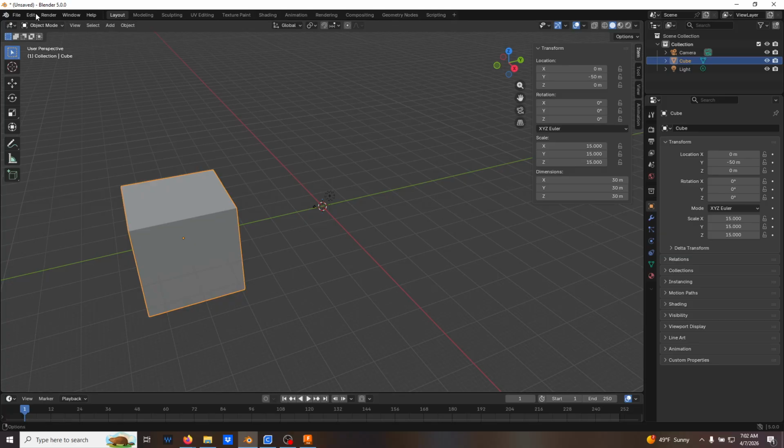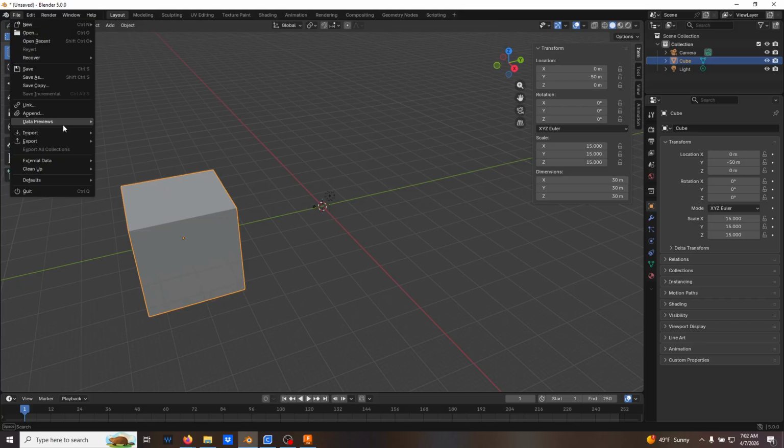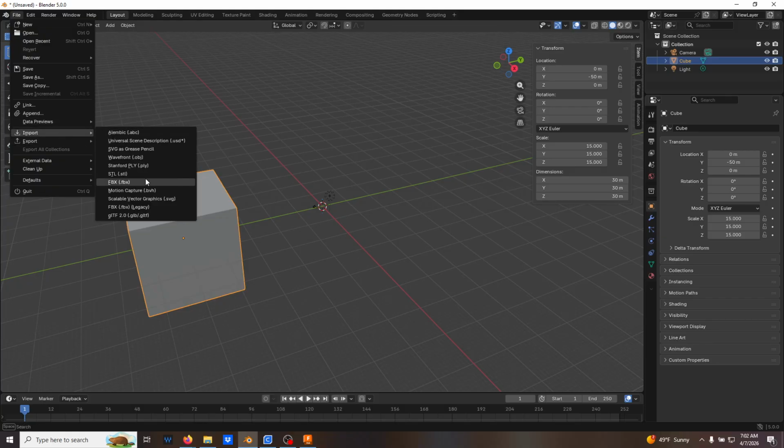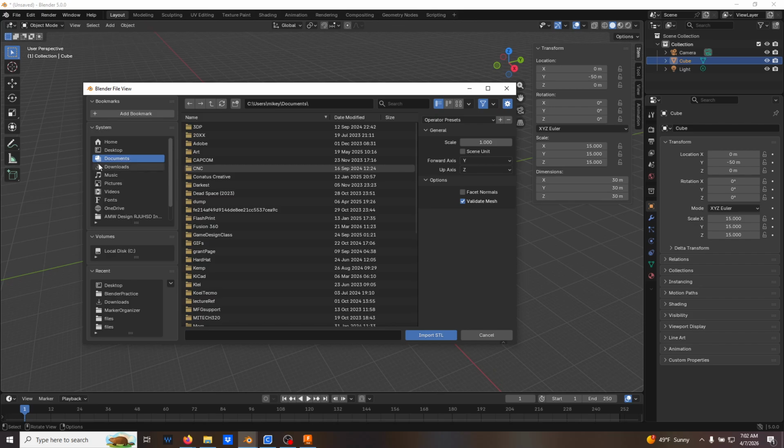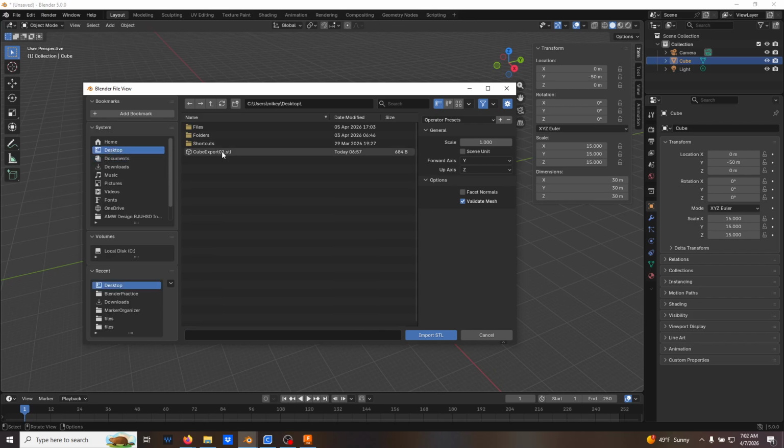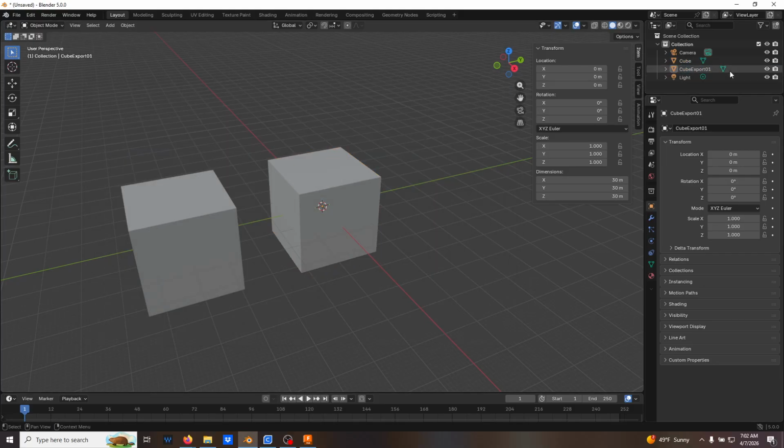STL files natively. So I'm going to go to File, Import, STL, and then go back to my desktop, find that cube that I just created, and click Cube Export, Import STL, and then boom, you'll see that you have Cube and then Cube Export here in the